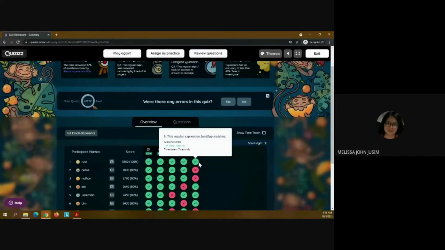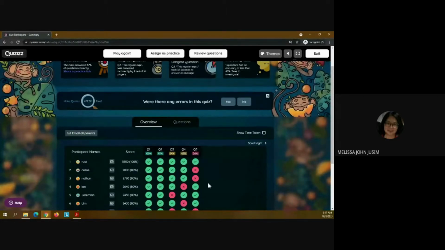But then I guess because it's too quick, you guys just memorize the answer, hopefully memorize the answer. But that's the meaning of the regular pattern. So I really hope you all try to make your regular expression, how to pronounce that, regex, R-E-G-E-X, regular expression, regex, okay, regex, regular expression. Oh, Jonathan also got it correct. Jeremiah, Lim,